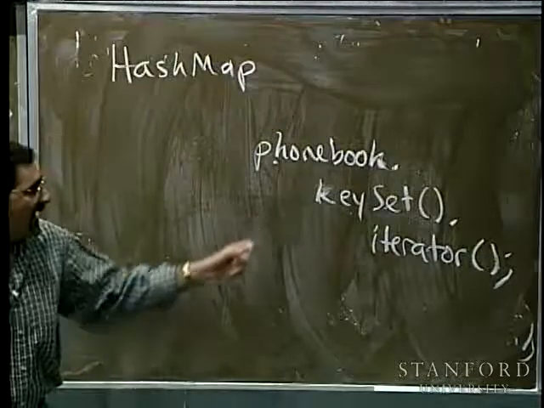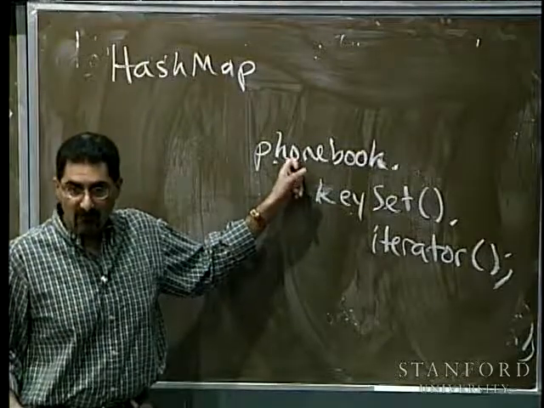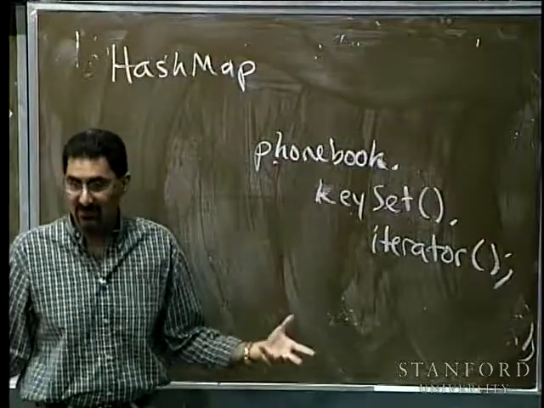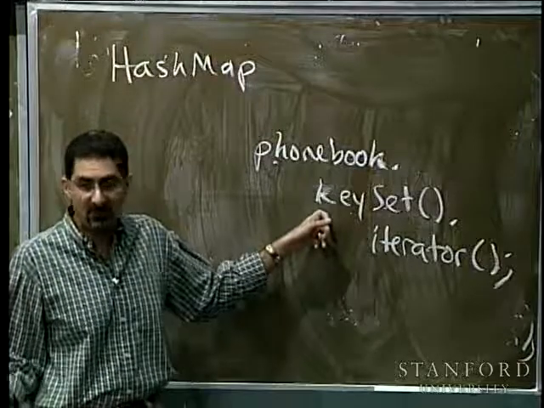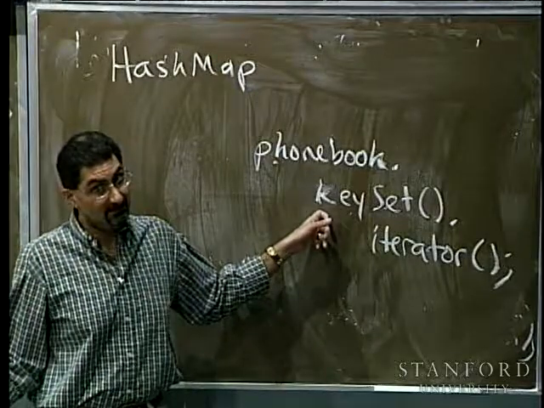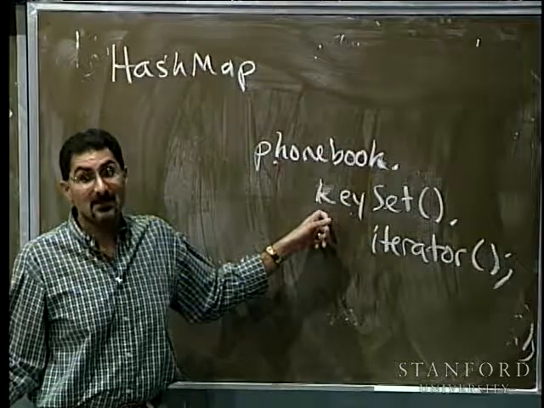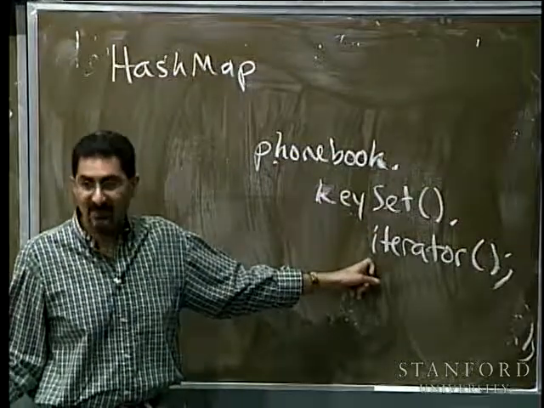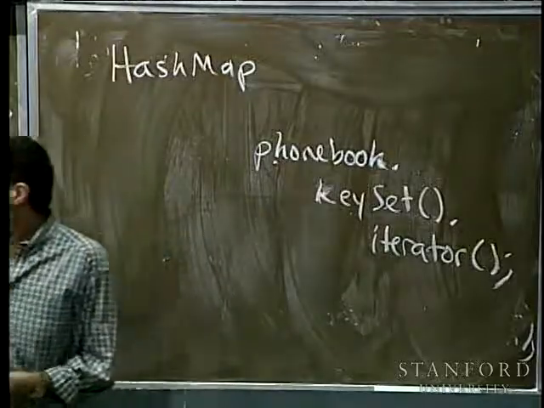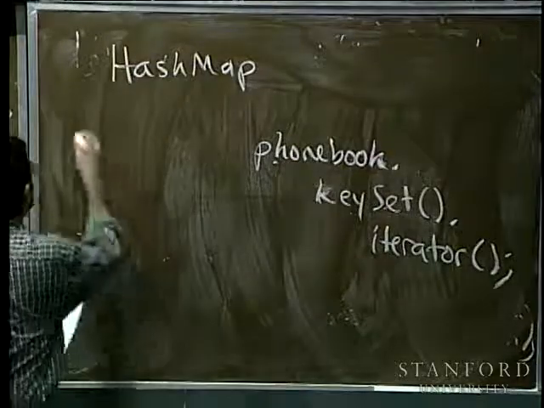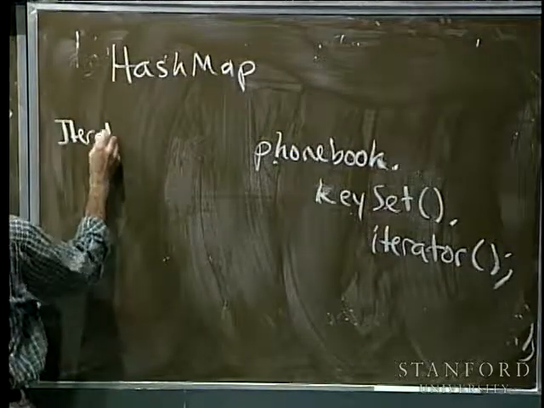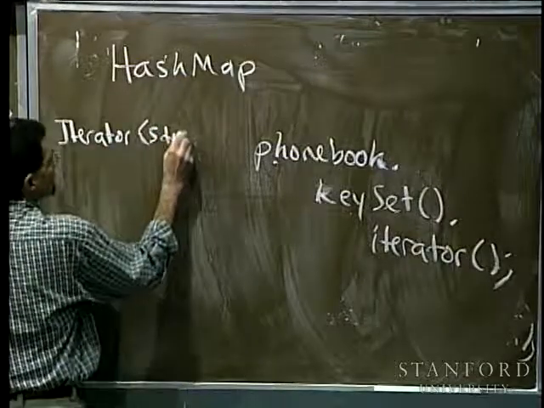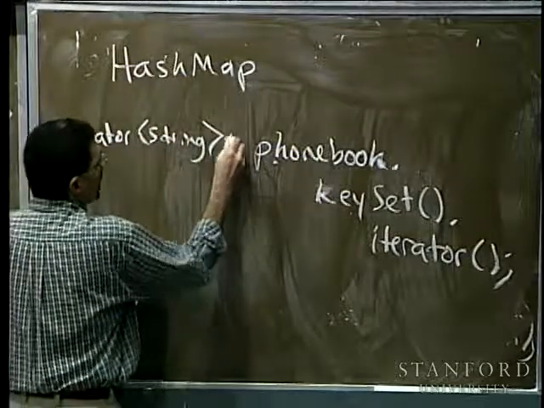And what you're going to get back is, from phone book, you're going to say, what's your key set? You get a set of keys. What's the type for the keys of phone book? Not a rhetorical question. Strings. So if I say, hey, you're a string set, give me an iterator, what you get back is an iterator over string. So I can assign that over here by having iterator of strings, and I'll just call this I